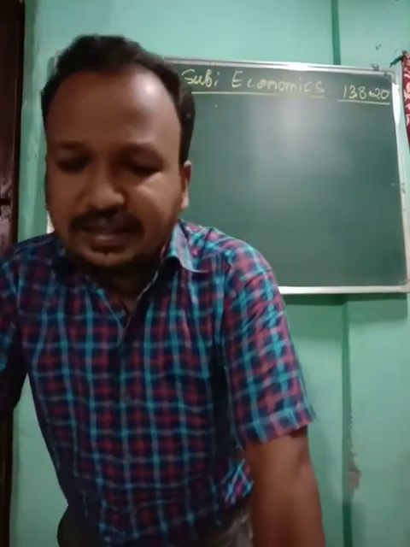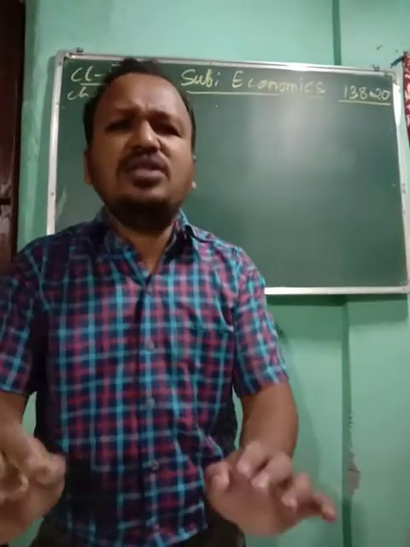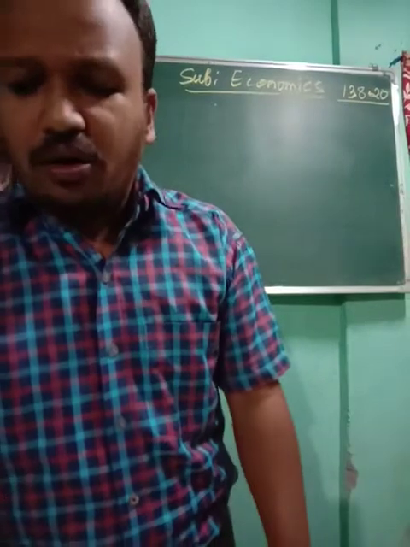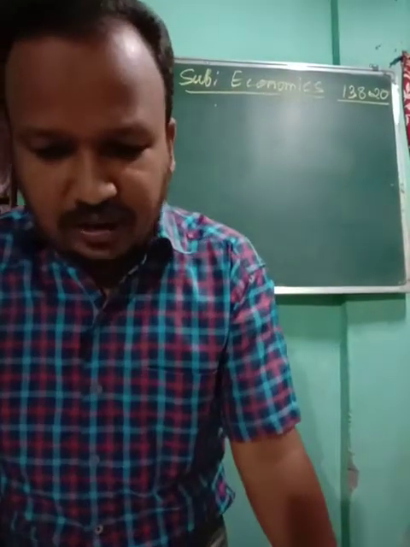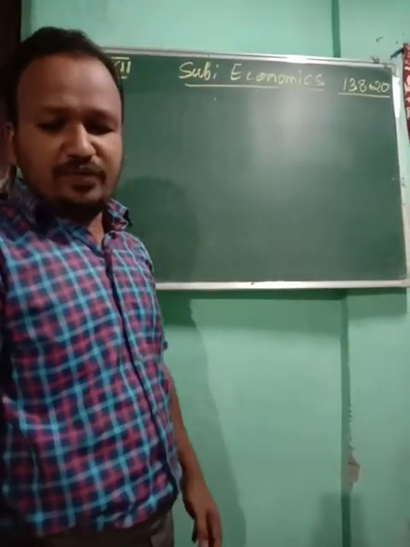So the indifference curves will rank according to the preference of the consumer. It is called an indifference map. So an indifference map shows all the indifference curves which rank the preference of the consumer's satisfaction. It is nothing but a set of indifference curves, and each curve represents a given level of satisfaction. So this is the definition you should keep in mind.